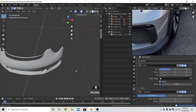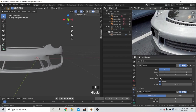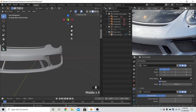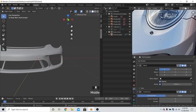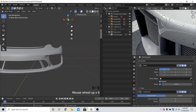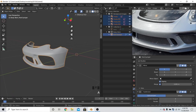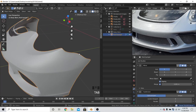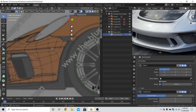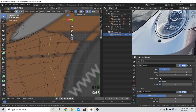Alright, that is pretty much all we have to do for cutting out. And then later we need to add this detail in, and we need to add that detail in. But first let's clean up what we have cut out. So I'm going to join that up like that,